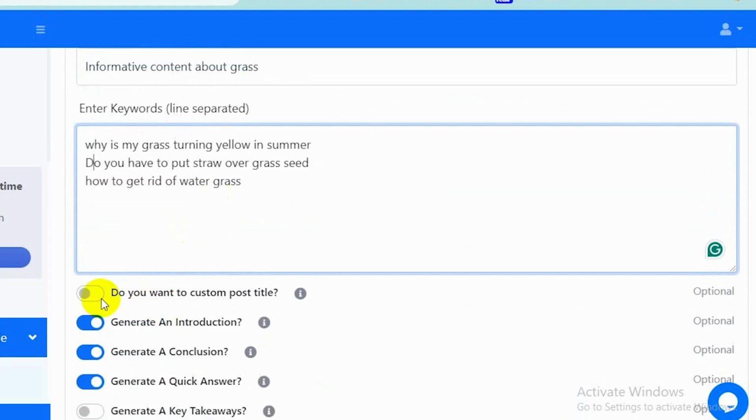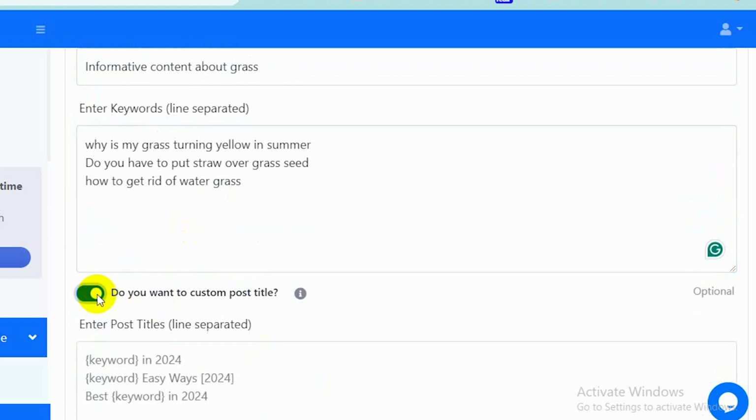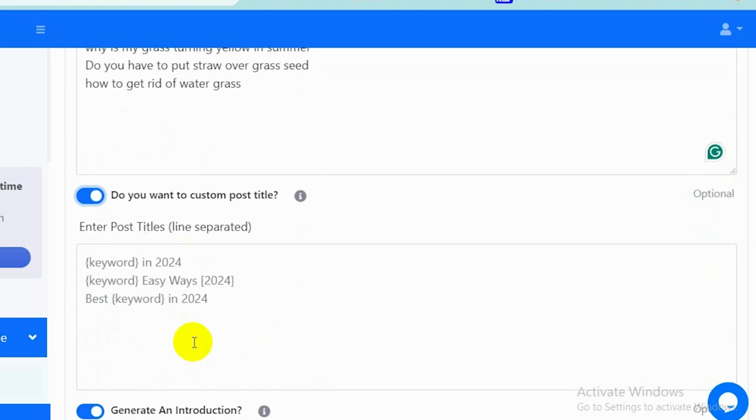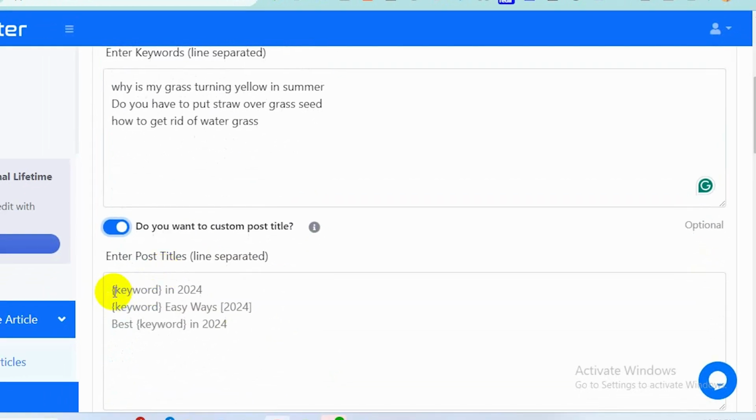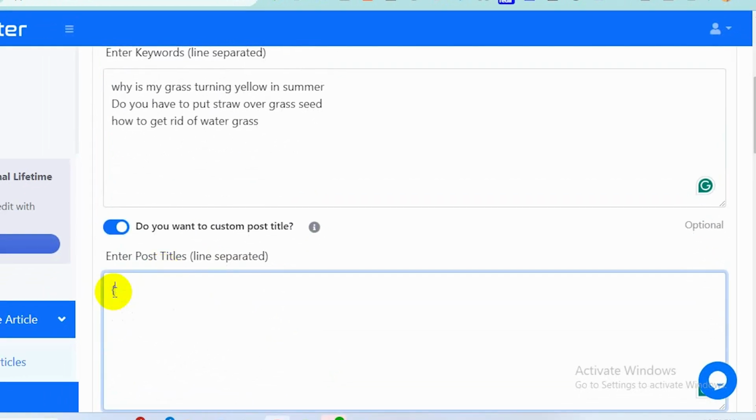Here is an option called, do you want custom post title? That means if we turn this option on, it will let us provide a different kind of option. So how does this actually work? Here we need to provide the keyword. For instance, if I give the keyword and bracket close, and then I write tips